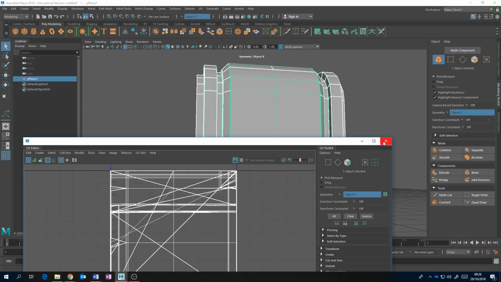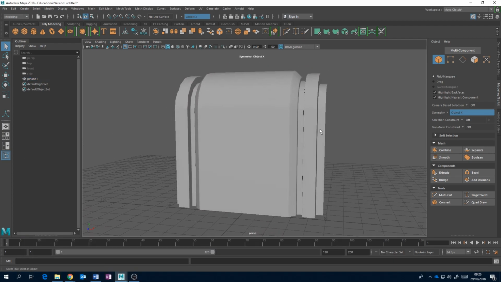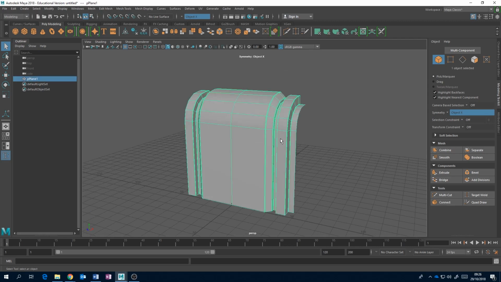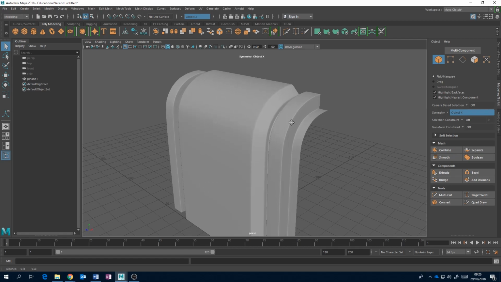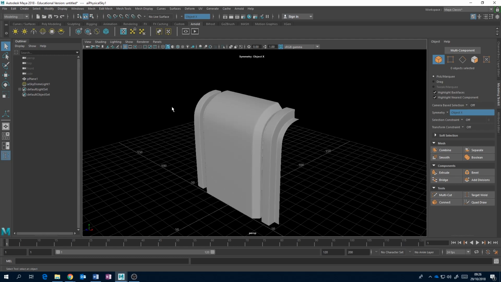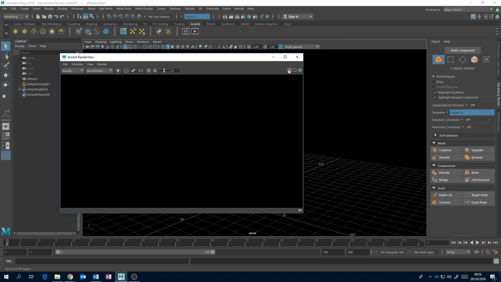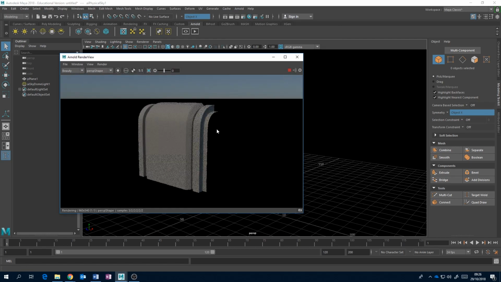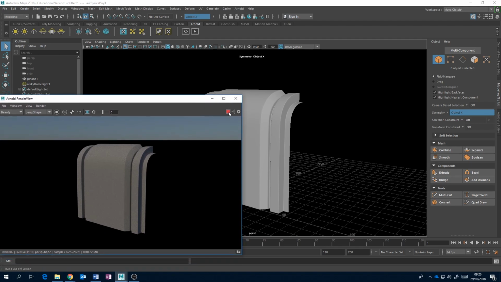Let's turn that off, but just talk about one more thing before I apply nicer UVs to this object. At the moment, if I hit 3, it looks lovely and smooth. Even though Arnold would render this smooth, let's just prove it. I'm going to create just a simple sun and sky, and open up the Arnold render viewer. There you go. So it looks all nice and smooth. So Arnold knows, or can read, Maya's press 3 to make it preview smooth. The problem is